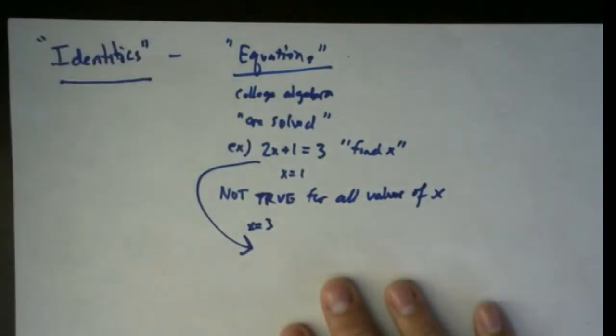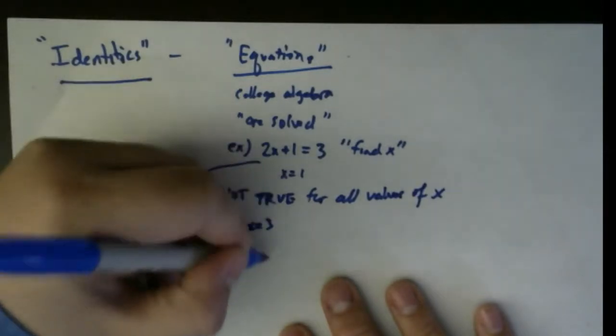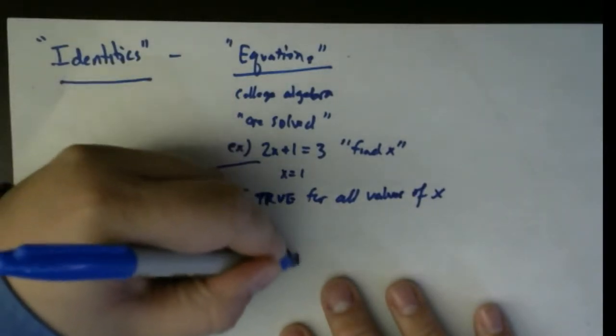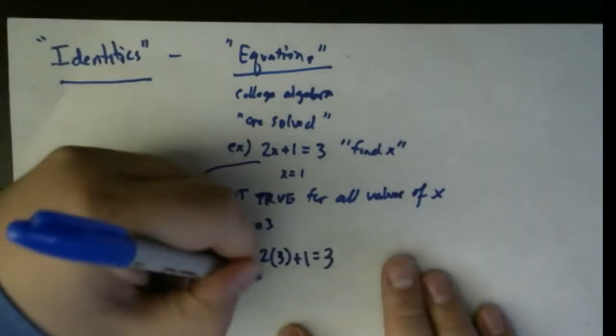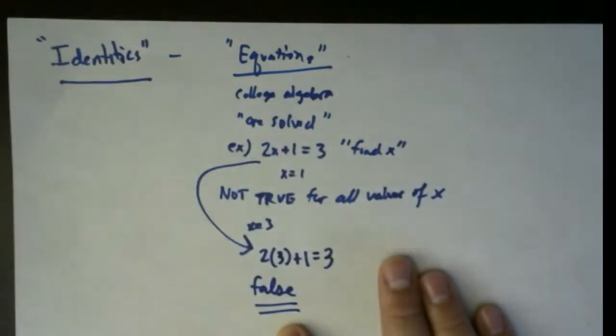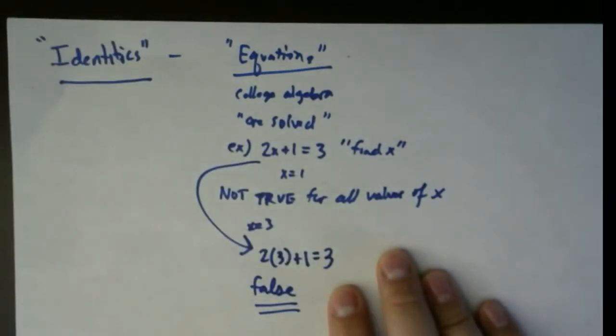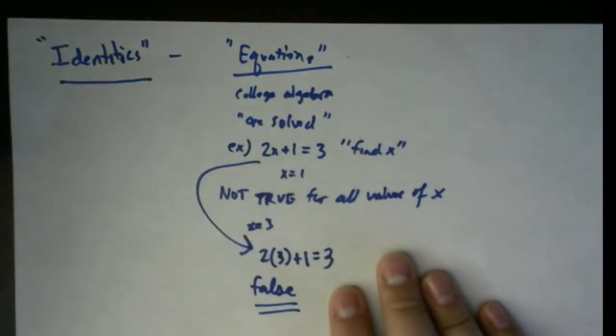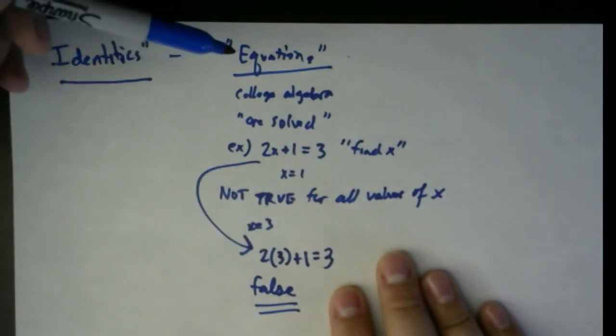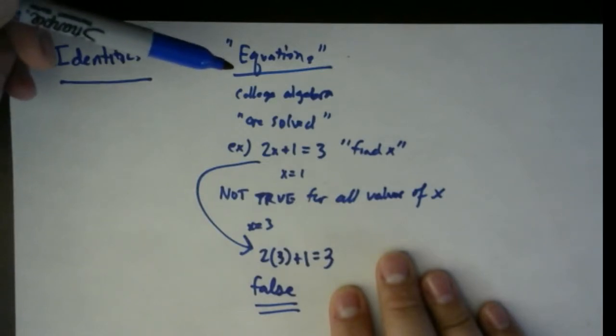then I can do that. There's no problem in doing that. But I end up with a statement like this. And that's false, right? Because the left-hand side of this equality is equal to 7, and the right-hand side is 1, and that's false. So your job with an equation is to find the values of x that make the